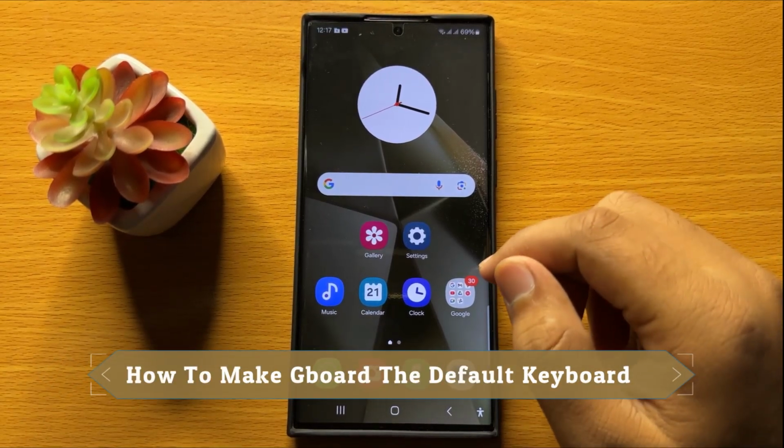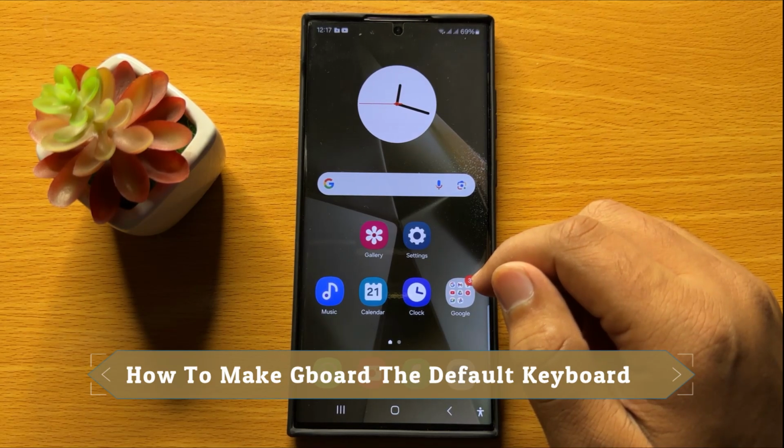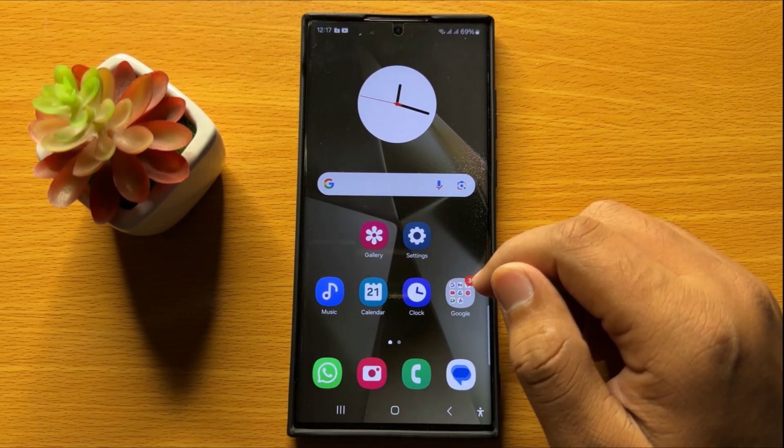Hello everyone, in this video I will show you how to make Gboard the default keyboard in Samsung Galaxy S24